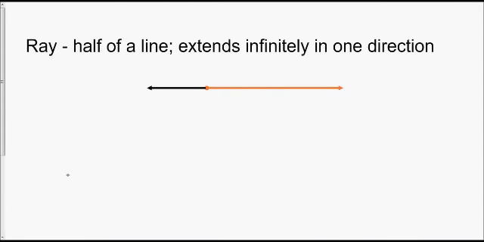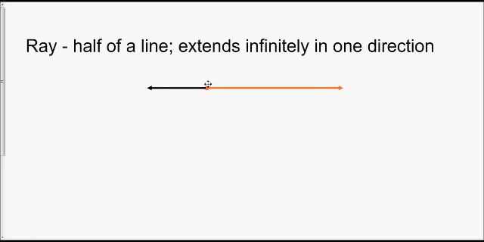Okay, so this is something that you've seen earlier in this lesson. I didn't tell you what it was called, but it is called a ray. A ray is half of a line and it extends infinitely in one direction. So a ray is kind of a hybrid between a line segment and a line. You see it has one end point right here,